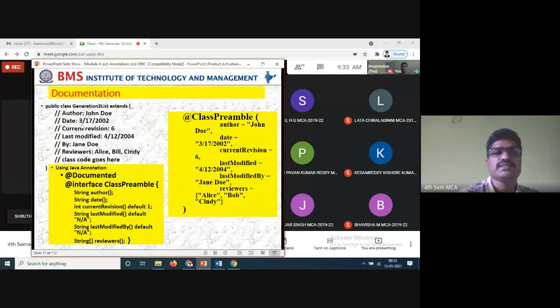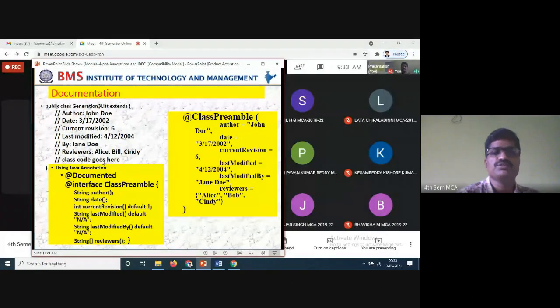Normally the system will take the first month, next day, next year. Then the current version of that book, which version, and last modified, so when they modified that book. Next is by John Doe, the reviewers who have reviewed that book, and the class code goes here.